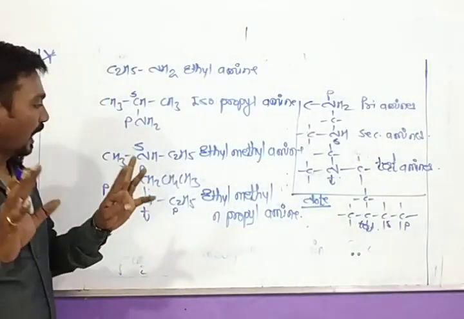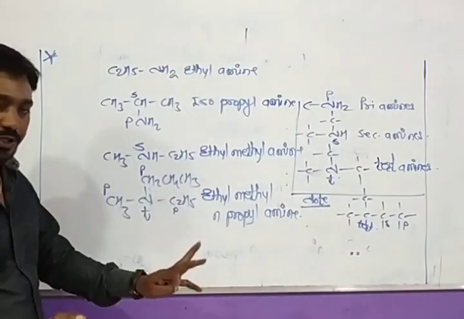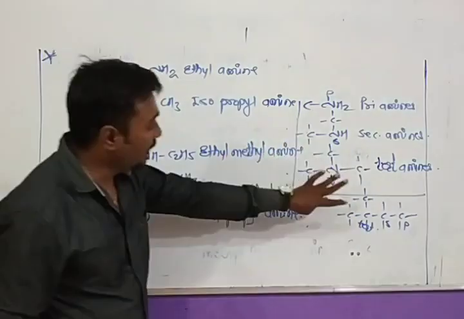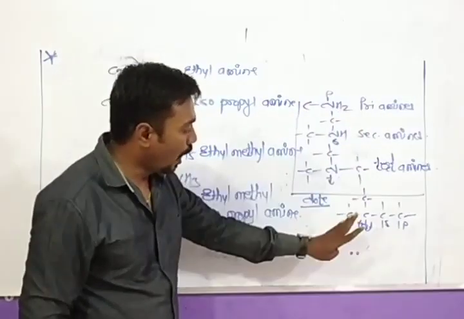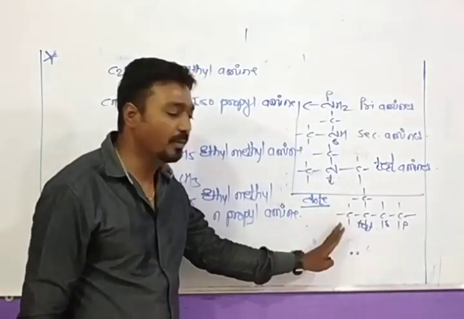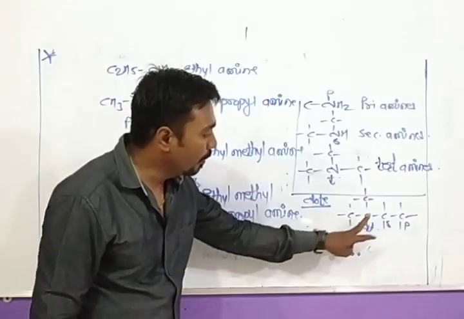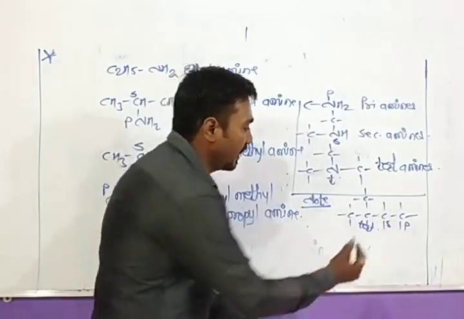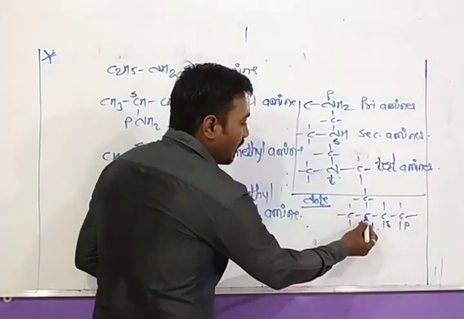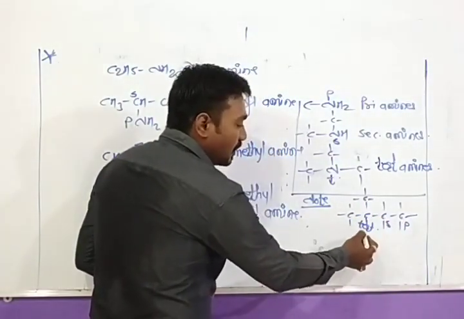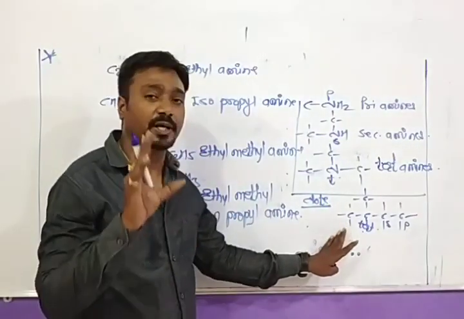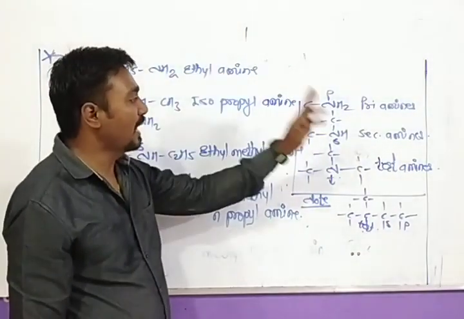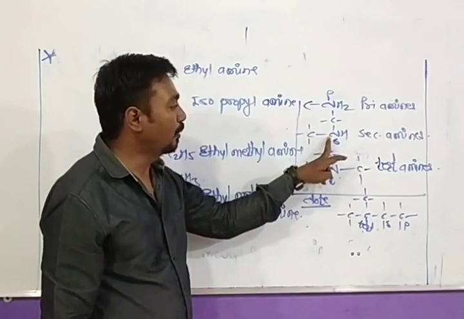I hope that you all get how to distinguish between different compounds and amines as primary, secondary, and tertiary. Except amines, all other compounds are classified as primary, secondary, and tertiary on the basis of carbon atoms. Carbon attached to one carbon is primary, carbon attached to two carbons is secondary, and carbon attached to three other carbon atoms is tertiary. But the amines are classified as primary, secondary, and tertiary on the basis of nitrogen atoms.